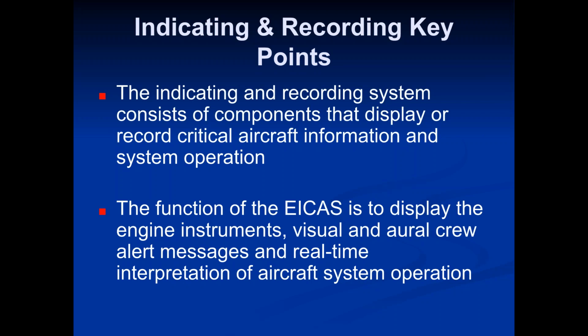So this is basically a system that's kind of monitoring everything, and if something's going wrong, it'll display messages and give aural warnings, visual warnings, but it'll have those visual warnings on those screens, and then if it's an aural warning, you'll hear it say something. There's a lot of aural alerts that can go on in a cockpit for several different types of reasons,